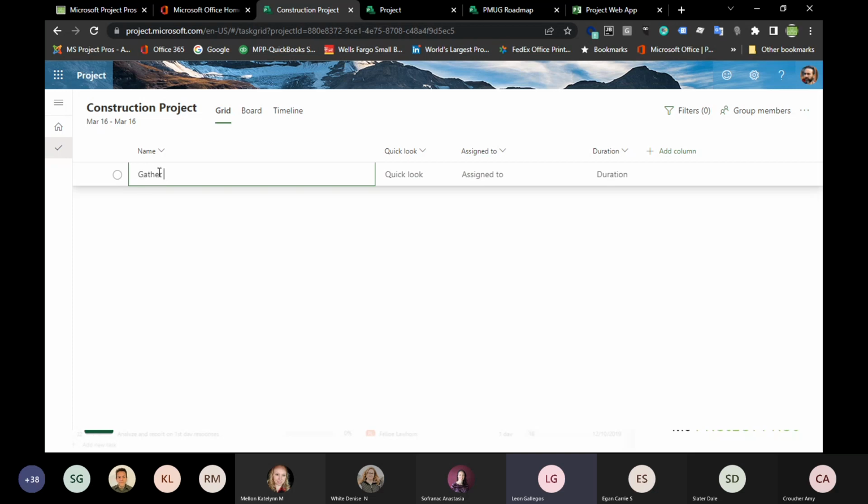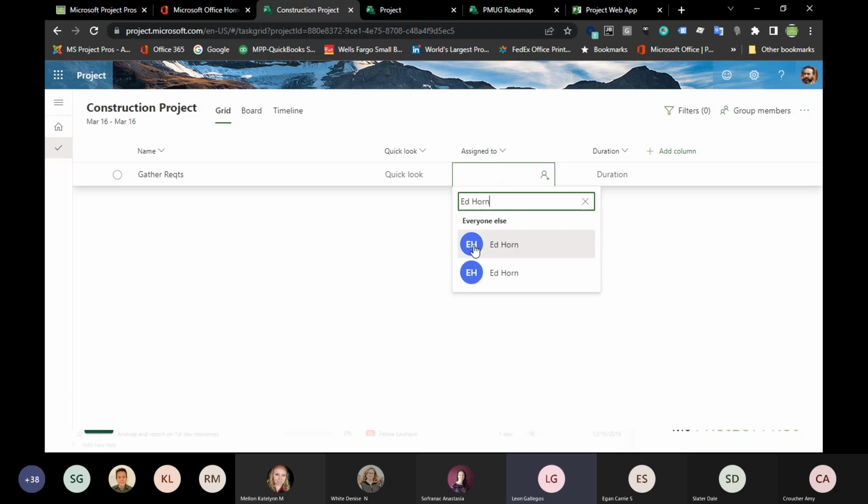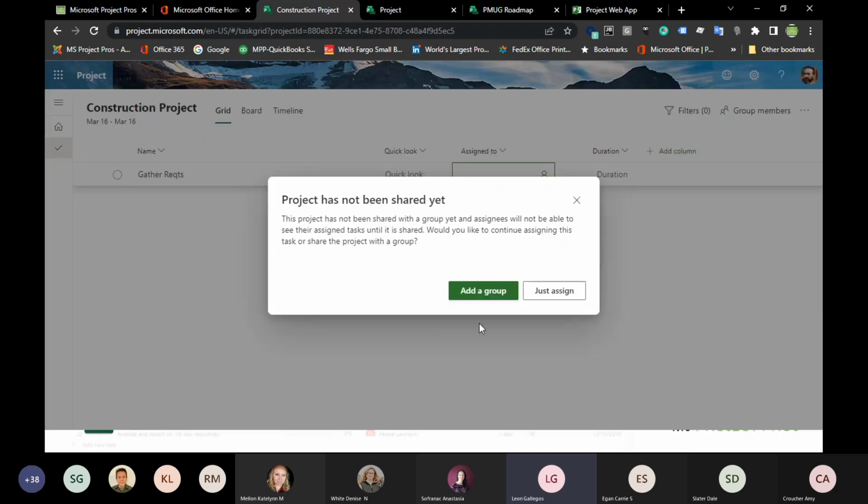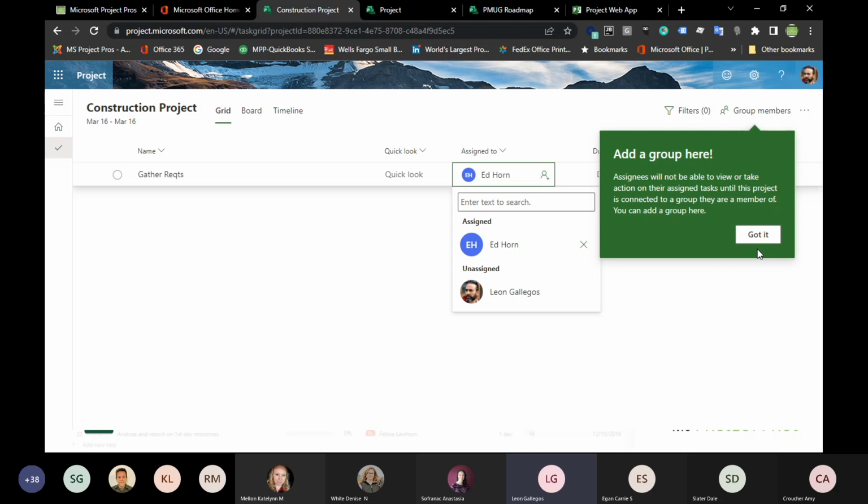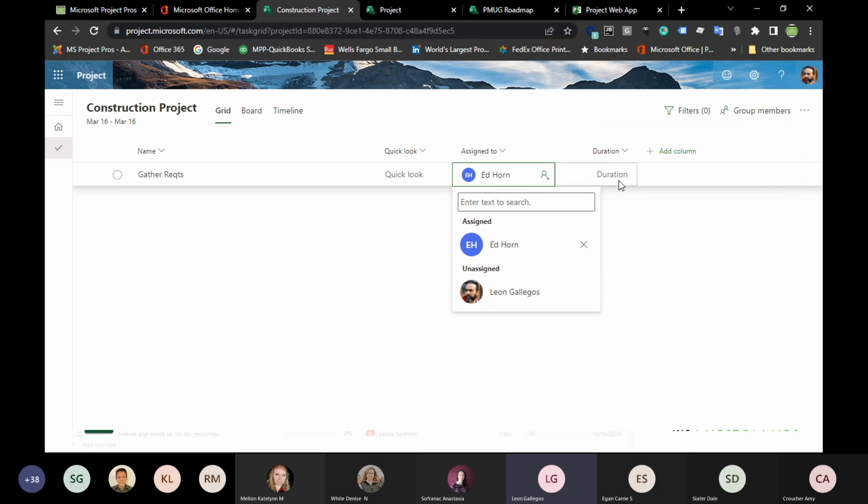So what we can do is just simply start adding tasks in here. I'm going to gather requirements, something like that, tab it over. There's an assign to in here. I can just start plugging in a person's name. Of course, this is going to look at your 365 directory, find the particular resource, and it basically just adds them in there. Here it's saying, do I want to add them to this group? Because this is always looking at group membership, whether it's like Teams or here with Project for the Web. In this case, I'll tell it to just assign him to that task. Okay. And there's some other options in terms of putting duration estimates and the like.